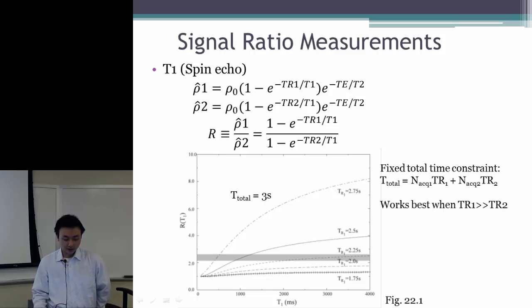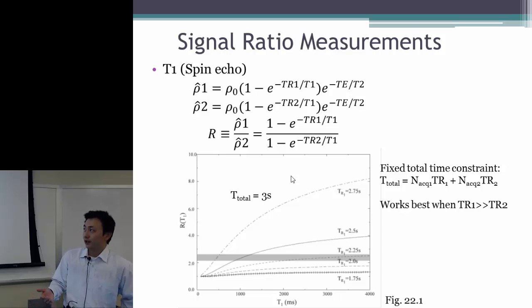So if we introduce a total time constraint condition, if we say that the sum of T1 and T2 is a fixed value, then we can come up with this plot. With this plot, we can obtain a one-to-one relationship between the T1 and this signal ratio. So that means if we use this fixed total time constraint, if we use T total as 3 seconds, and we use TR1 as 2.75 seconds, then we will have TR2 only as 0.25 seconds. So from this plot, we can see that using this signal ratio method to estimate T1,